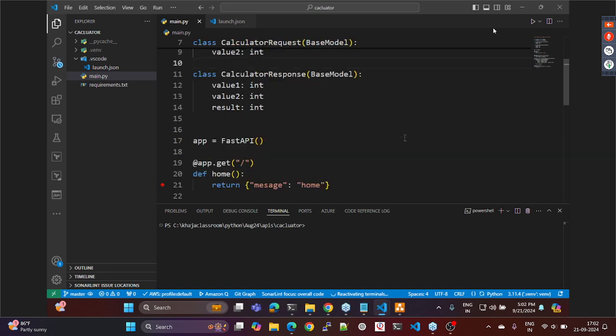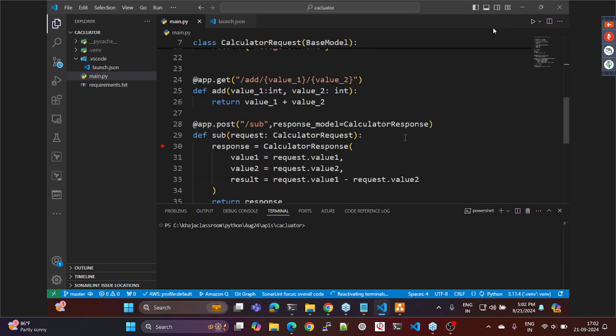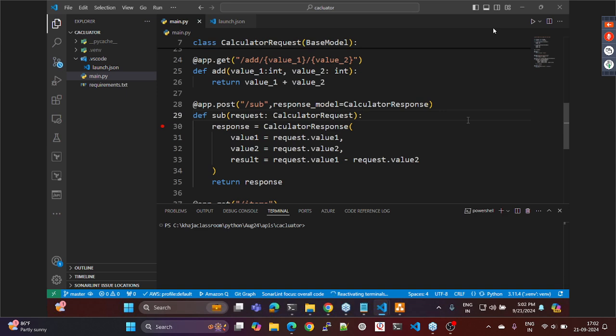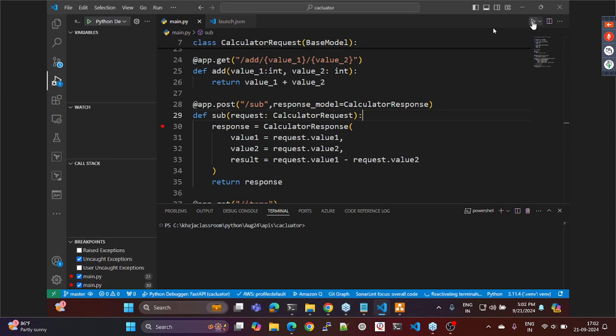Okay. Now, if you remember, this application doesn't require any database. We have written very simple stuff. Where this application, when you try to run,